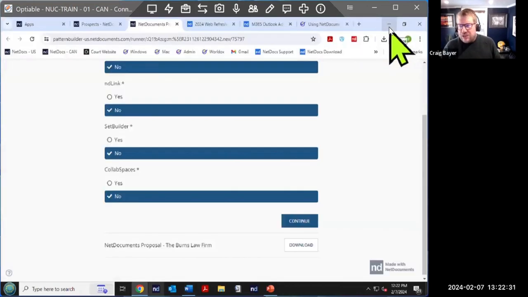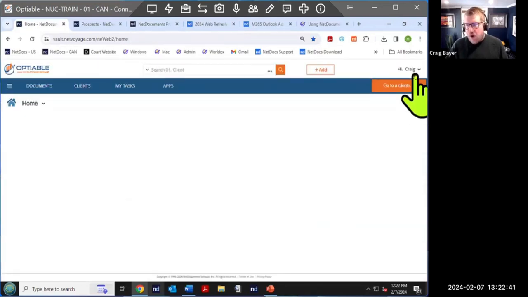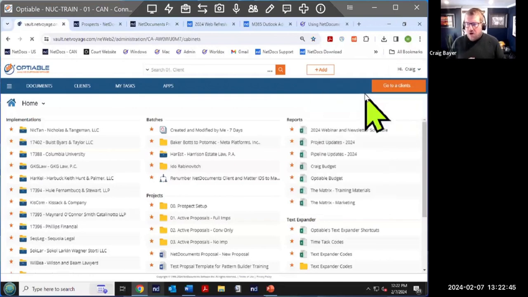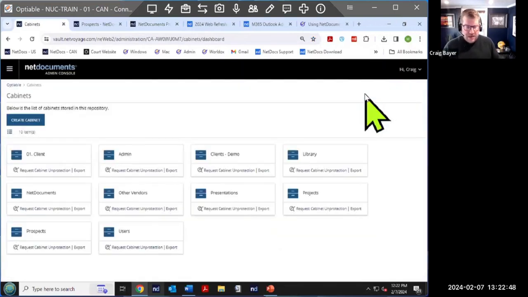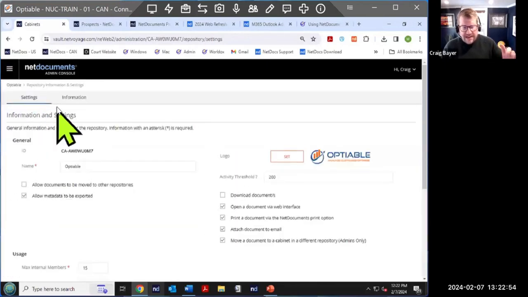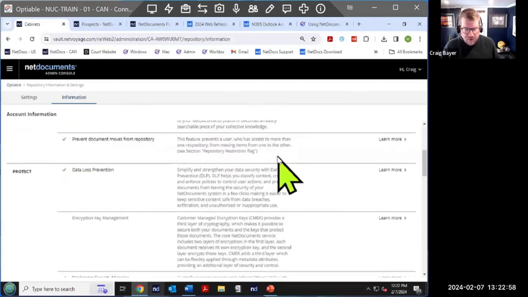So let's just jump in, and I want to go around a couple of things that we have in NetDocs. So first off, we'll come over to where it says top right-hand corner, hi, Craig, and we're going to go into our repository. First thing I want to point out here, information and settings in NetDocs. If I go over to information and we scroll down,